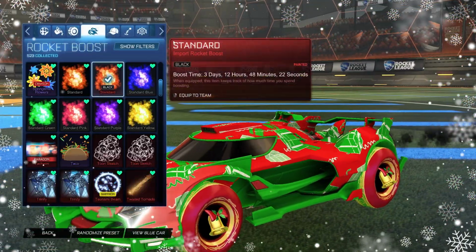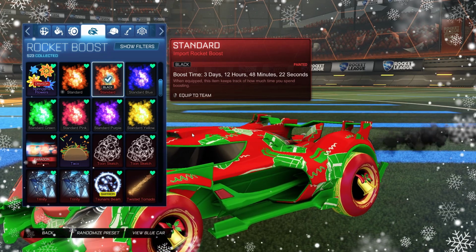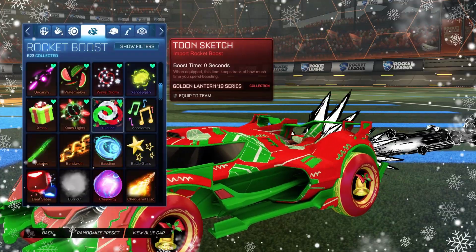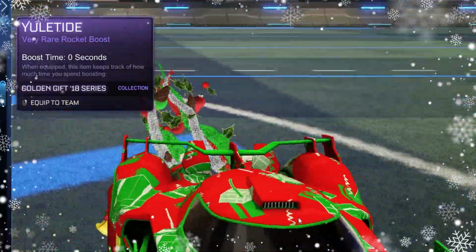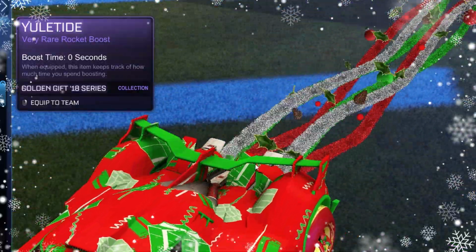Moving on to your boost, you are going to want to equip the Yuletide boost for both the orange and the blue side as the colors match perfectly. So go ahead and go down to Yuletide and equip that. As you guys can see, that is matching the colors of the white, the green, and the red in the